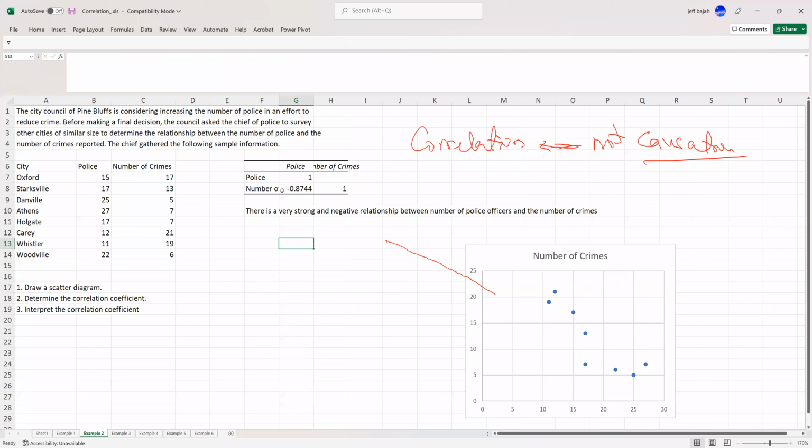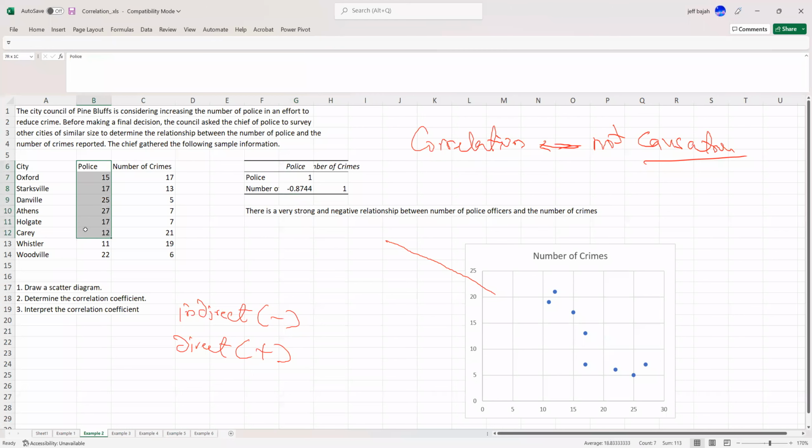Remember, when you see a negative, it could also be described as indirect. So when you see words like indirect, that means negative. If you hear direct, that means it's positive, right? Sometimes you see words like that used in some books. So you can see it's a very strong and negative relationship between number of police officers and number of crimes,